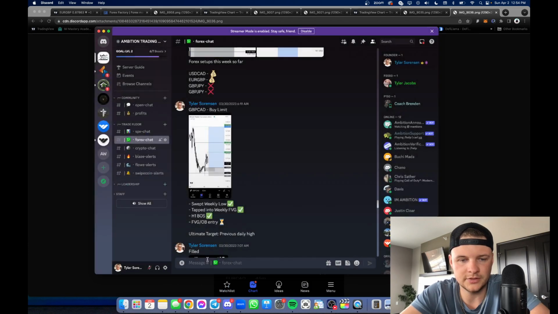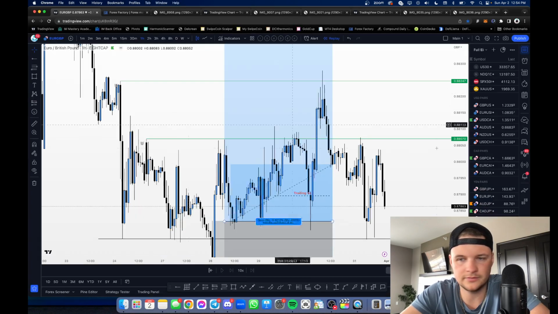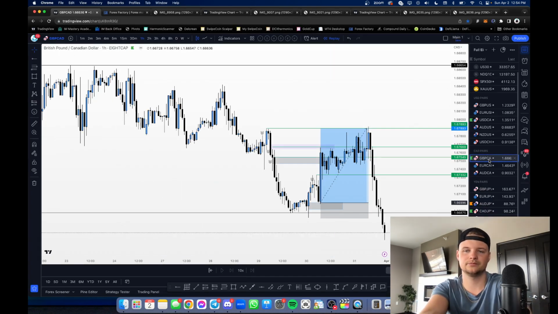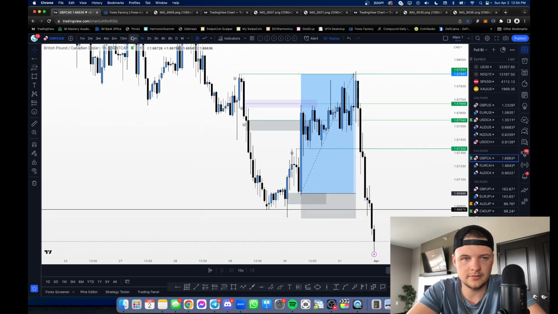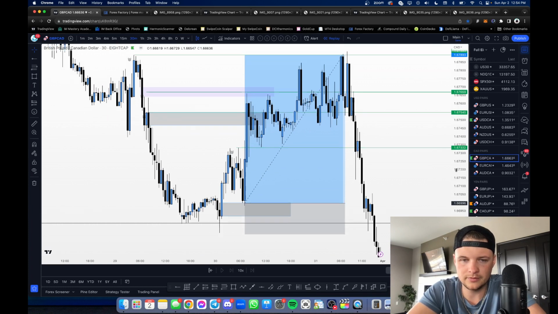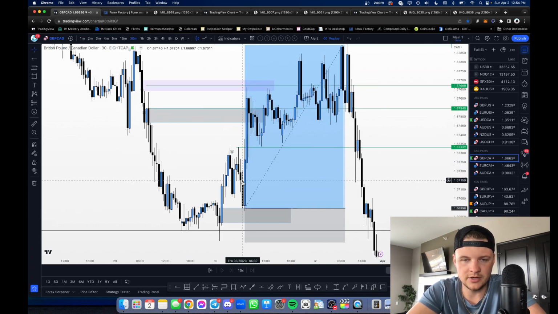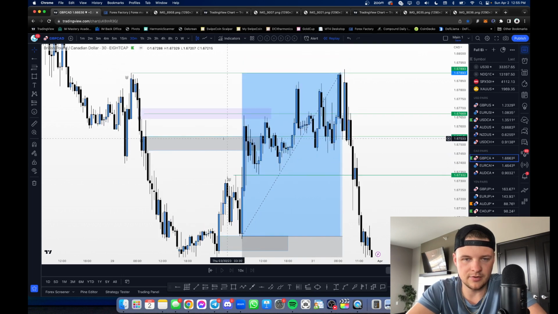And let's go ahead and show you guys that on the chart. Go to GBP CAD. All right, let's go to the 30-minute. So here we go. Sent that chart out as price was pulling back. Price literally taps right into that order block pretty much perfectly, almost to the pip. And then within this 30-minute candle, price runs up. We hit take profit 1, remove our risk, stop to break even, take partial profits. And then up here is take profit 2 getting hit.